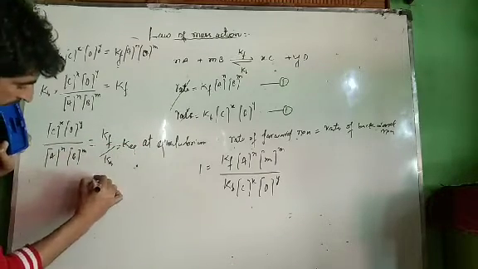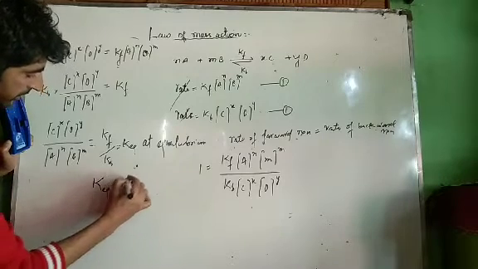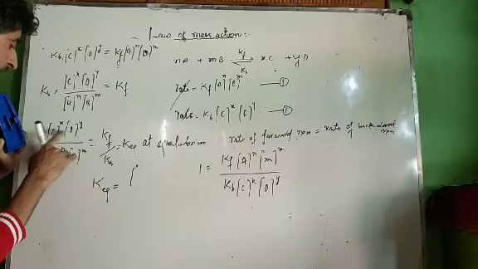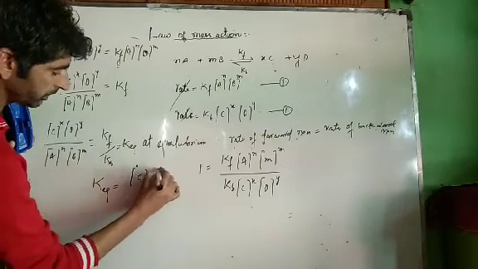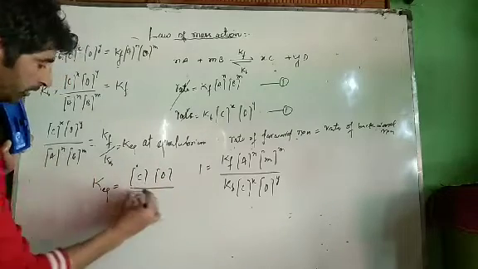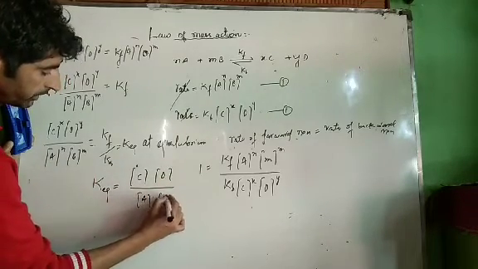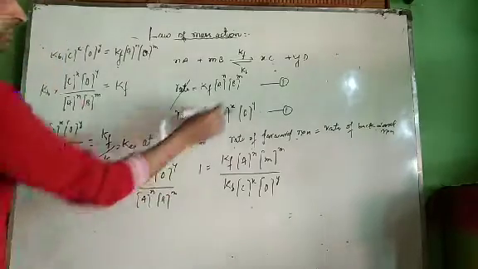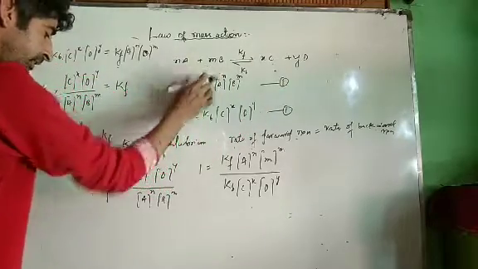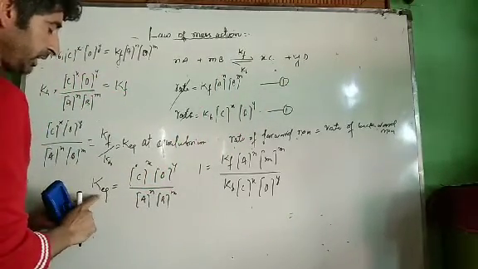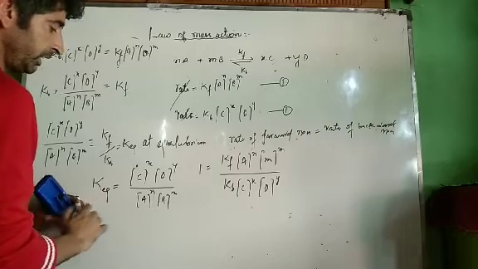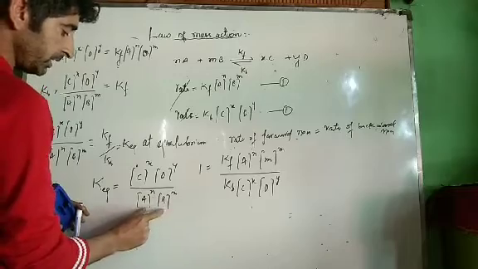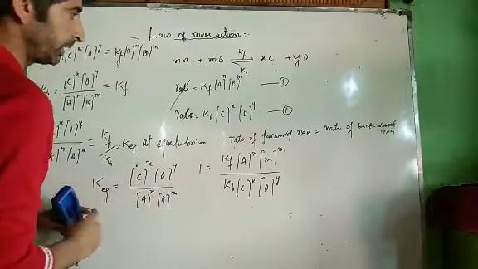Now we have got a new relation, that's K equilibrium. It's equal to the product of concentration of products, C multiplied by D, divided by product of concentration of reactants raised to power their stoichiometries x, y, n, m. Now what is C and D? This is product. What is A and B? This is reactant. Now equilibrium constant K is defined as the product of concentration of products C and D divided by the product of concentration of reactants A and B raised to power their stoichiometries.